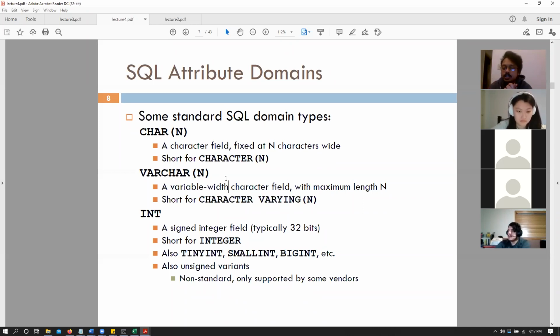Then we have something called int field, right? Integers in most database systems are typically represented using 32 bits. I'm sure that I don't have to explain bits and bytes to you guys, but just to check, because some of you are undergrads, how many bits are in one byte?